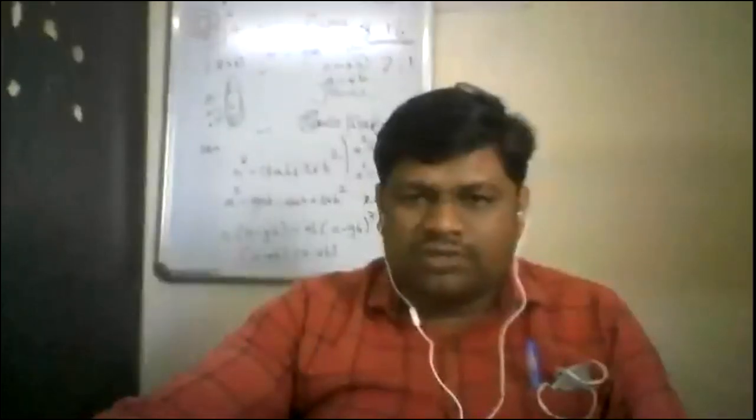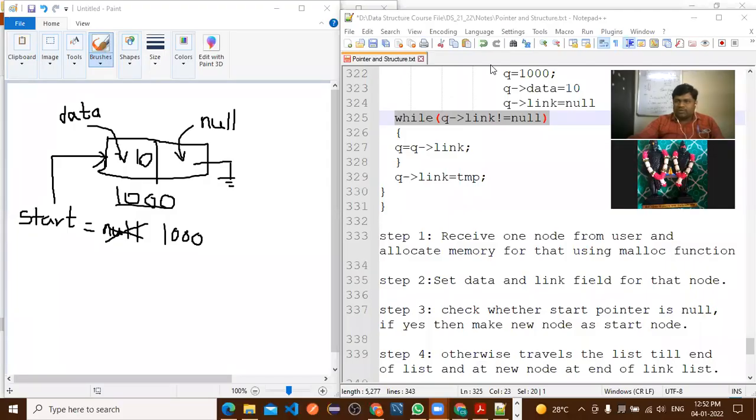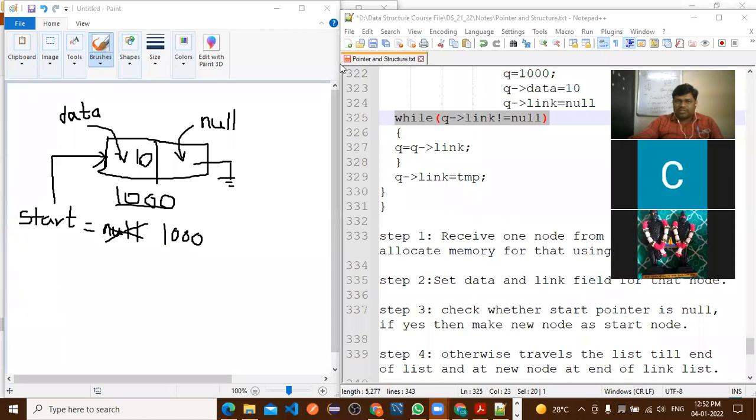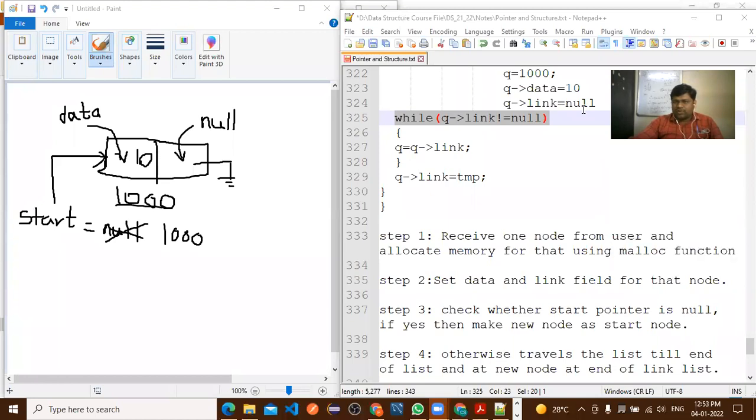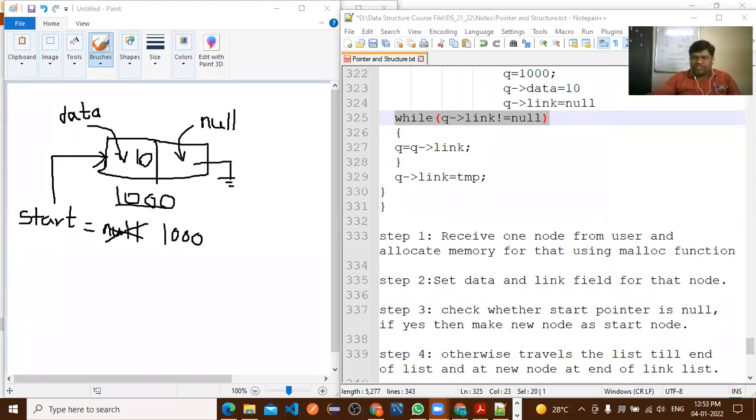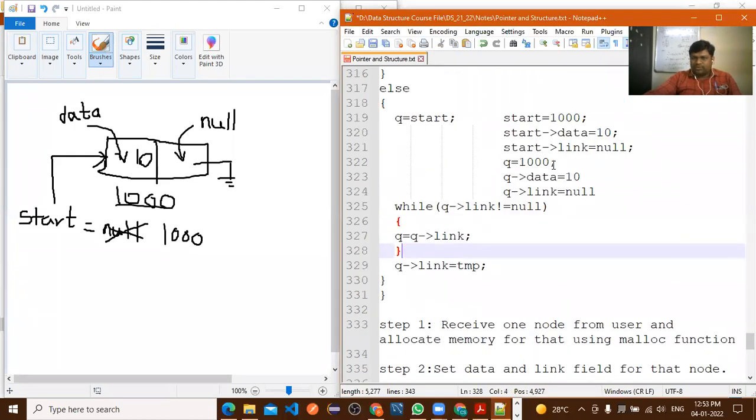Is the screen visible to all? Yes, sir. It disconnected and reconnected. Is my voice coming continuously or is it breaking?